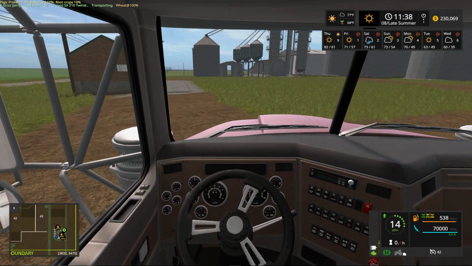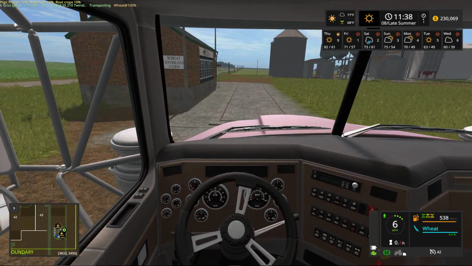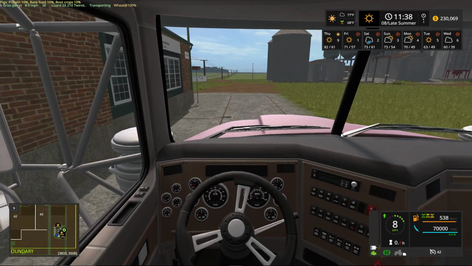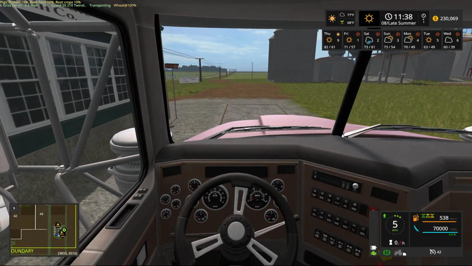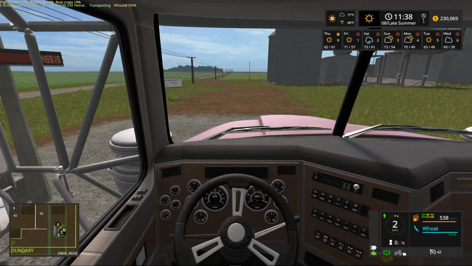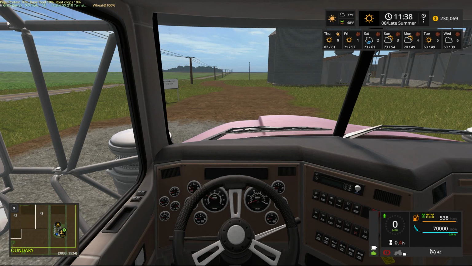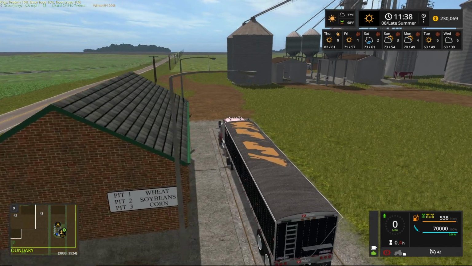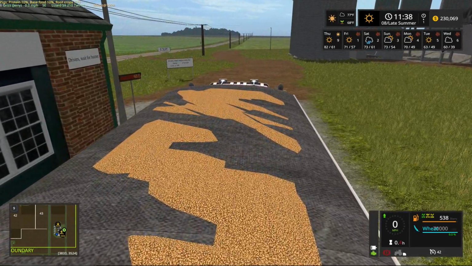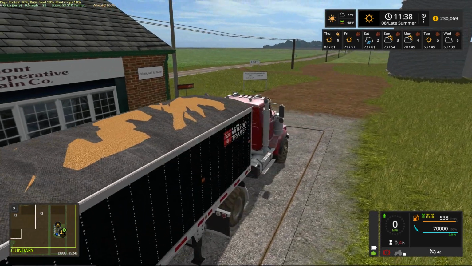I like to kind of come in and play it like I want to play it. So what we would do here is we're going to come up and we're going to stop on the scale here, because that's kind of how things are done in real life. We're gonna basically get our weight, and we're going to stop here, and let's see. We're at 46,919,